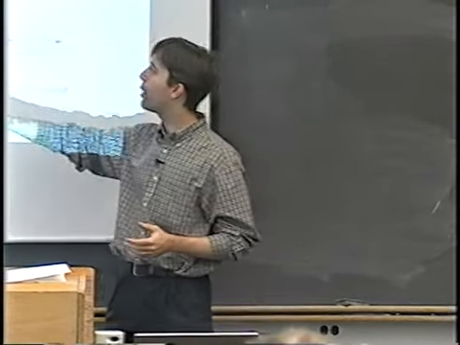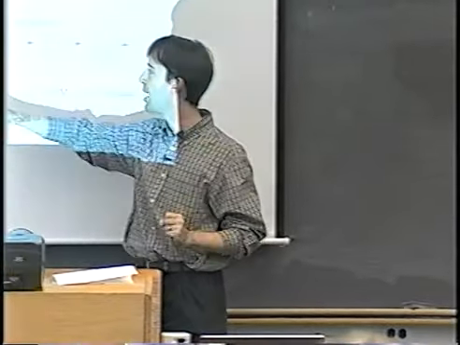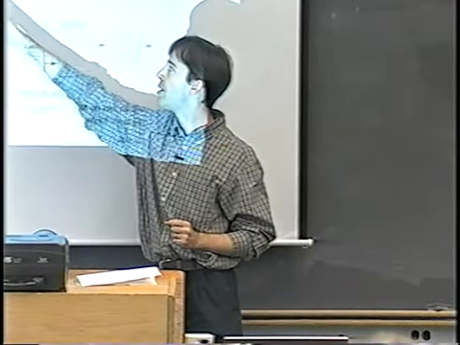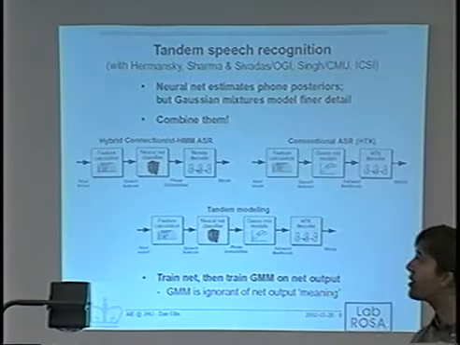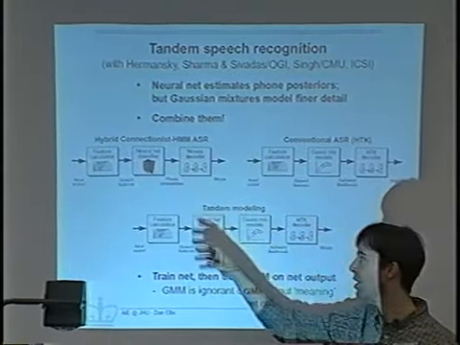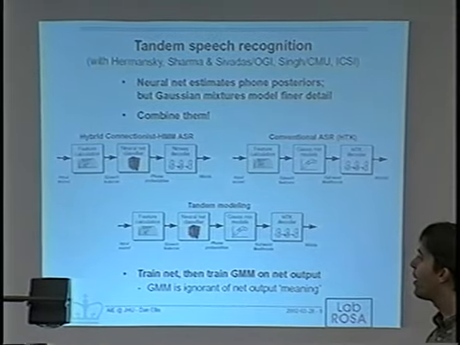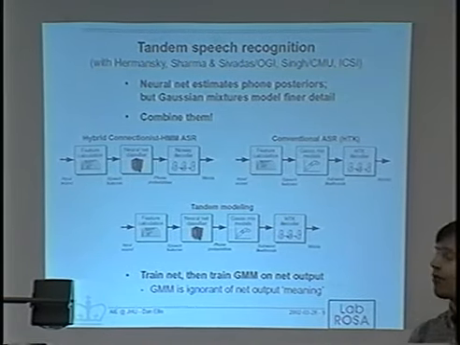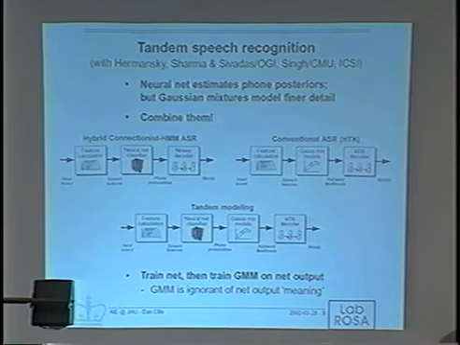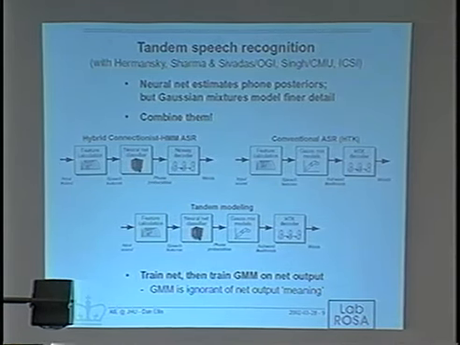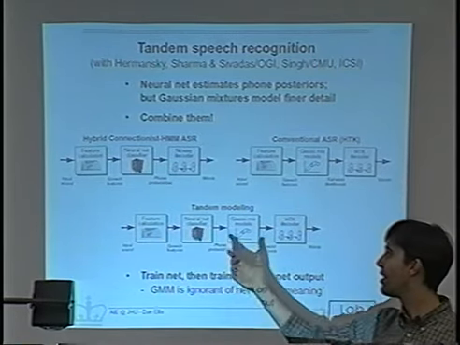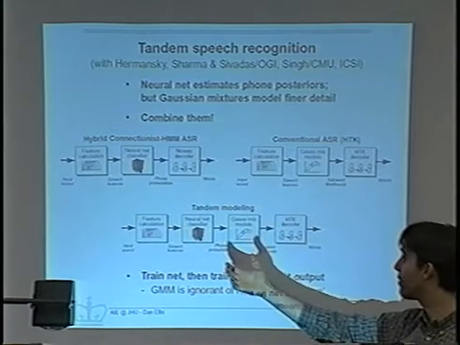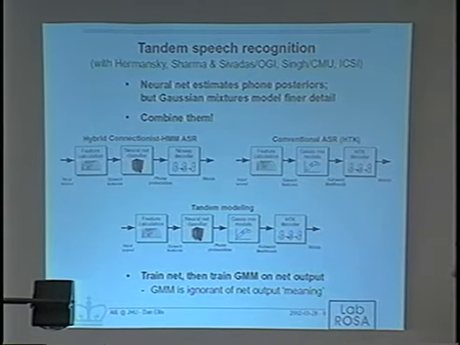But we've been using this model, which is not directly compatible, and we've been getting a lot of gain from using multiple different feature streams and combining them after the neural network. So we wanted a way to be able to use that technology with this evaluation framework. And so we thought, well, the information should be there in the posteriors. What happens if we just feed them straight into the Gaussian mixture model as features? So you end up with this structure where we basically have the feature calculation, one acoustic model, a second acoustic model in series, in tandem with the first one, and then the decoder.